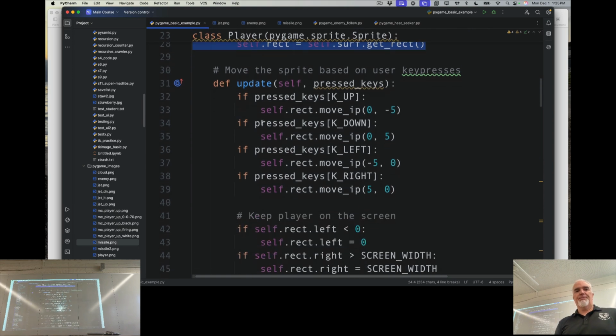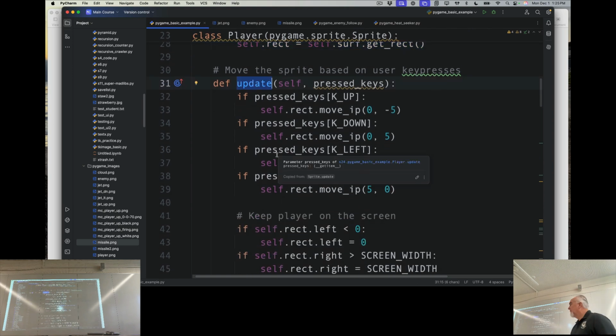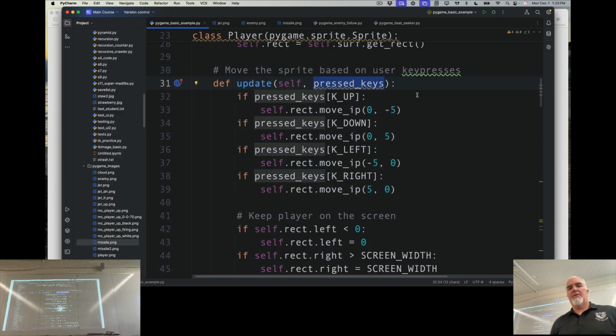Next, I'm defining an update method. Every sprite should have a method called update, because when the game loop runs, it's going to update every sprite. So we've got an update, and in this case, the update gets all of the keys that are pressed when the game loop is running. So when you get to that game loop, it wants to know what keys are pressed. And it says,